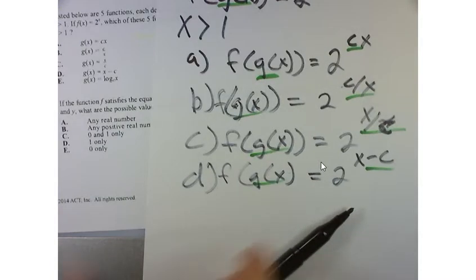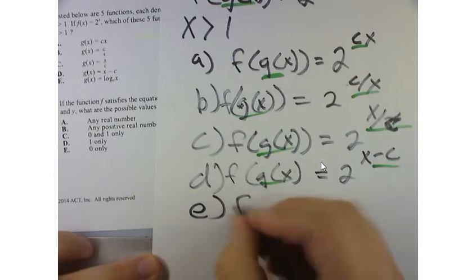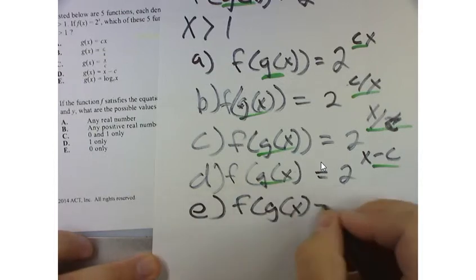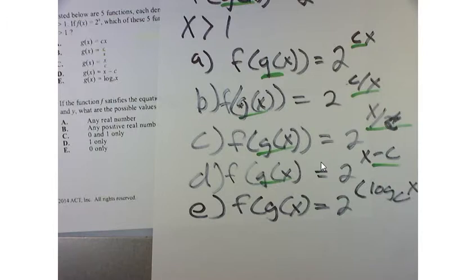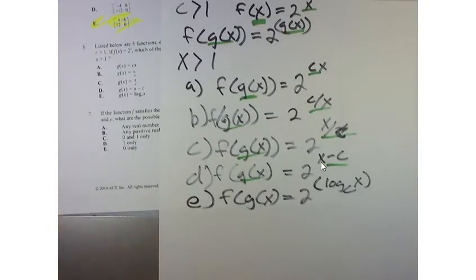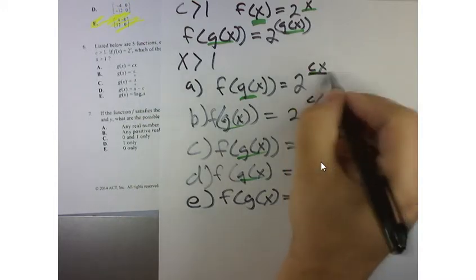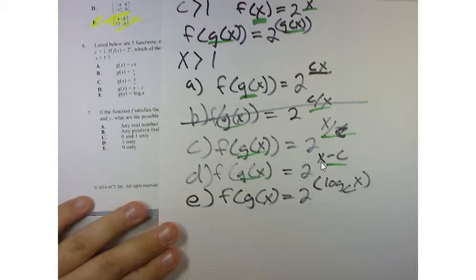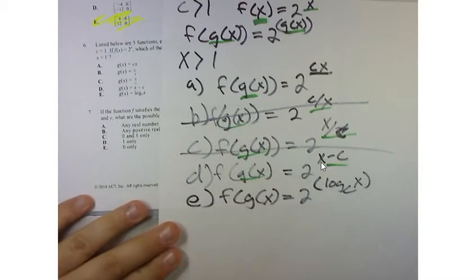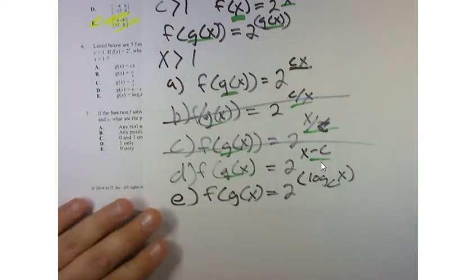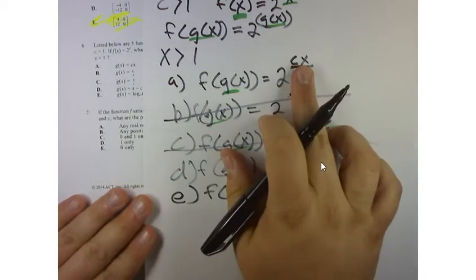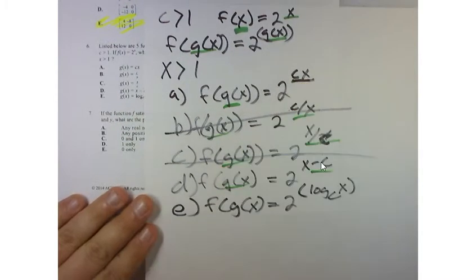Alright, so now my next one is E, f of g of x is equal to 2 raised to the log base c of x. Okay? Log base c of x. So now I just got to figure out which one's greater. Well, the product c times x is going to be greater than the quotient of c over x, and it'll be greater than the quotient of x over c, because both c and x are greater than 1, and so when you multiply two positive numbers that are greater than 1, it's always going to be greater than the quotient,